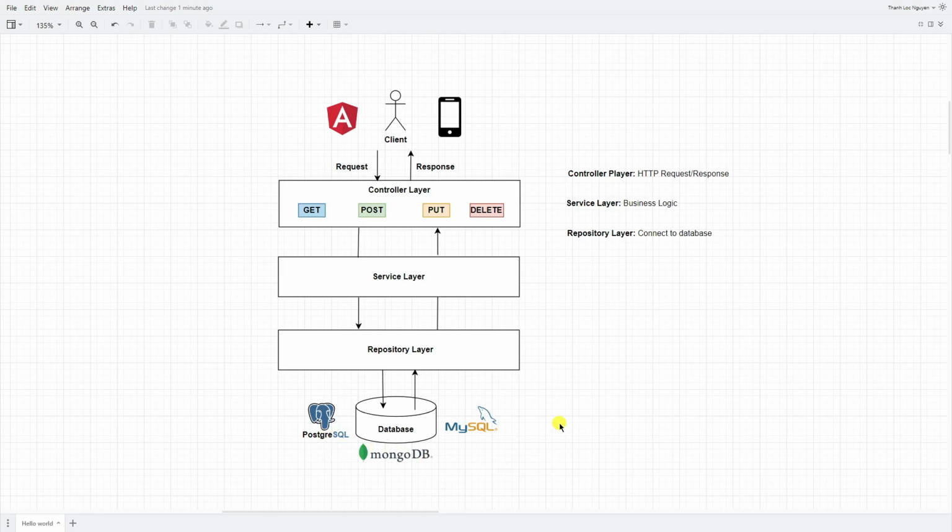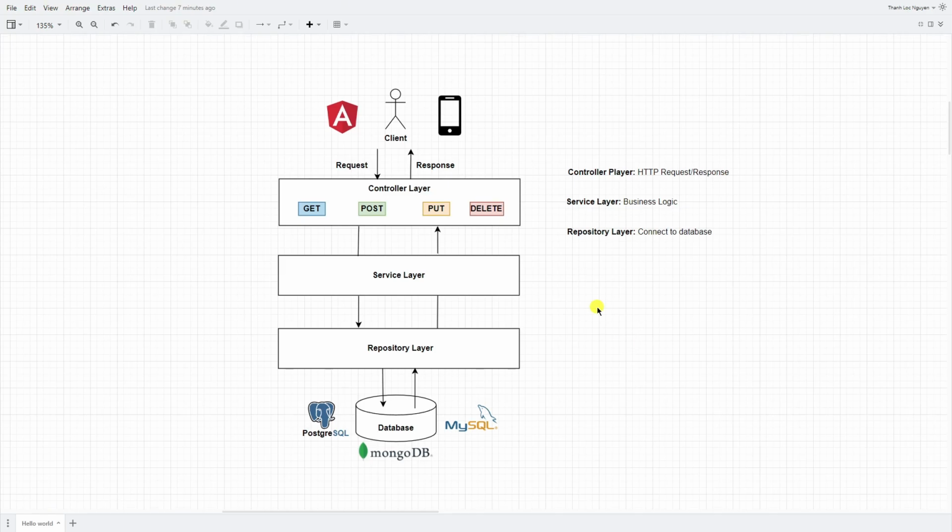This video mainly guides you on how to start a simple Hello World application using Spring Boot, so this part will not be applied in this video. Other videos along with this will be covered later on. I just explained to you what the structure of the Spring Boot application looks like. So next, let's focus on how to set up your first Hello World application using Spring Boot.